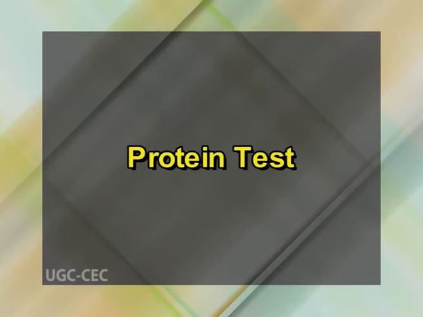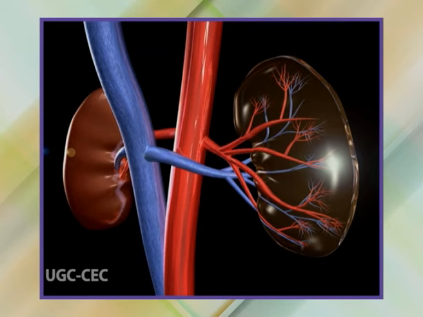Now the protein test. Protein in urine is noticeably increased in renal disease of any etiology except obstruction and is therefore a very sensitive general screening test for renal disease, though not specific. The greatest degree of proteinuria is found in the nephrotic syndrome, which is greater than 3 to 4 grams per day. In renal disease with the nephritic syndrome, the urinary protein excretion rate is usually about 1 to 2 grams per day. In tubulointerstitial disease, urine protein is generally less than 1 gram per day.